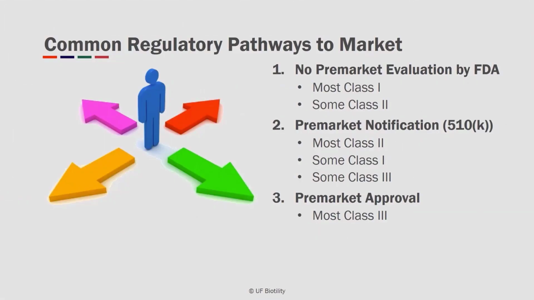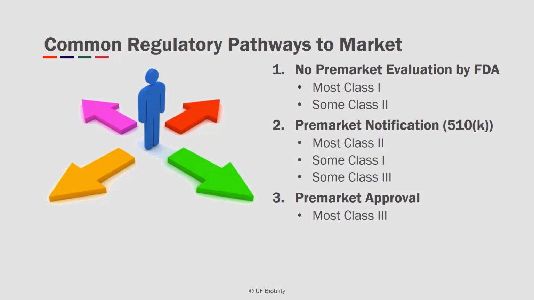Common regulatory pathways to market. The most common regulatory pathways in which to place a medical device into the U.S. market are 1. No pre-market evaluation by FDA, 2. Pre-market notification, most often known as the 510K, and 3. Pre-market approval. For devices that require no pre-market evaluation by FDA, this option is limited to most Class 1 and